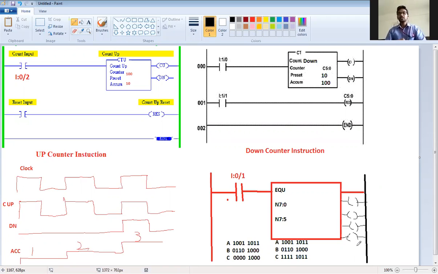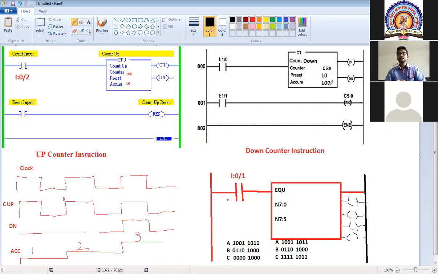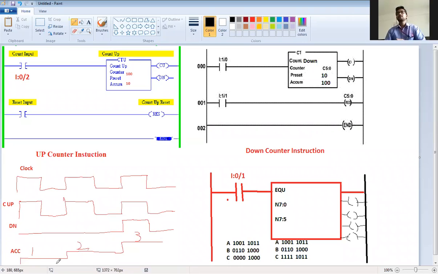So these are the logical instructions. Okay, so this is it for our today's lecture. If you are having any doubt, you can turn on the mic or you can ask the question. So we have studied the up counter and down counter, the waveforms of the counter, correct? Up counter and down counter waveforms are the same. The only difference is the accumulator value: the rising staircase is there in case of the up counter, and in the down counter the accumulator wave will be falling like this. Correct? So this accumulator in case of the down counter will be like this.